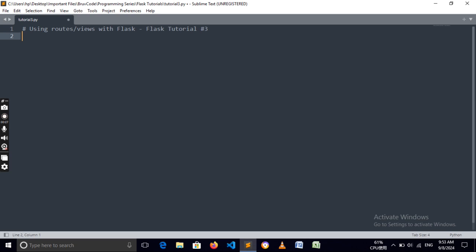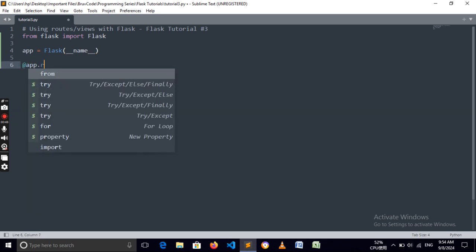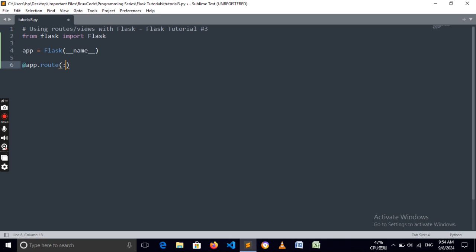Now let's continue and write our Flask application. I'll say from flask import Flask, with a capital F, otherwise with a lowercase one your app may not work. I'll say app equals Flask(__name__). Then app.route, and you can have an empty slash if you want, but then